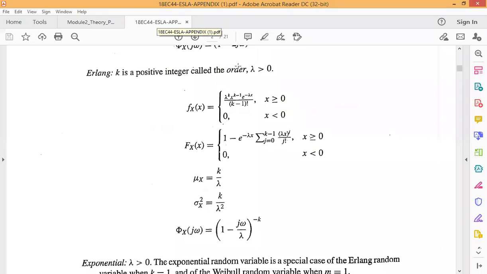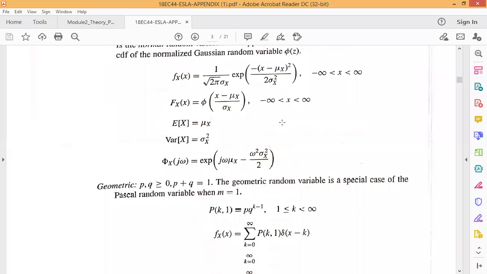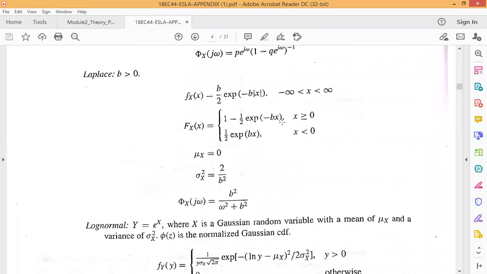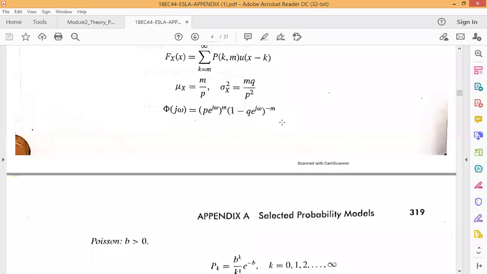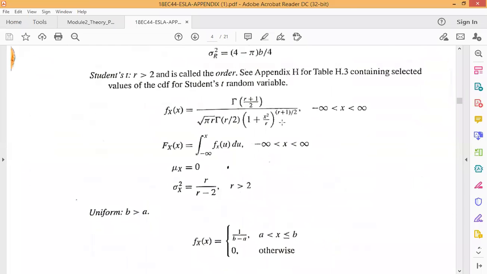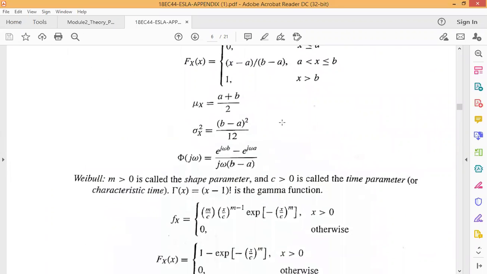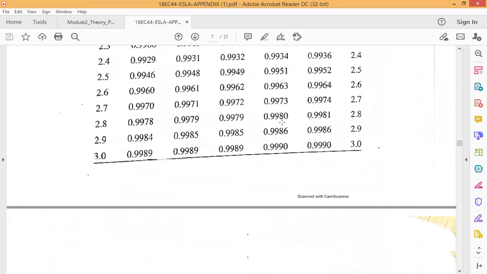The derivation for the central limit theorem is given in Appendix G, so you can go through the derivation. In the exam they may also ask to derive the central limit theorem. It may not be direct; sometimes they will ask a direct question like state and prove the central limit theorem. An indirect question may be like, show that whenever n is arbitrarily large, the sum of the variable w will approach the Gaussian PDF. Whenever you are asked a question like this, it means you need to prove the central limit theorem. It is given in Appendix G.